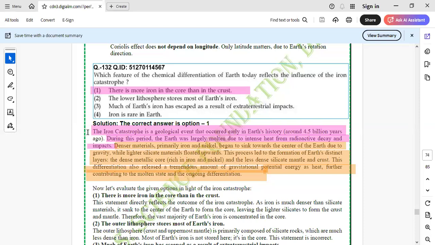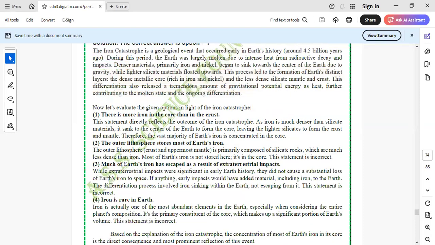So now let's talk about the other options which are given there. So first option, what it says there is, more iron in the core than in the crust. बिल्कुल सही बात है, कोर के अंदर ज्यादा आयरन है as compared to क्रस्ट। क्रस्ट में तो एल्यूमिनियम, सिलिकॉन और मैग्नीशियम है। This statement directly reflects the outcome of the iron catastrophe: as the iron is much denser than silicate material, it sank to the center of the Earth, forming the core, leaving the lighter silicates to form the crust and mantle. Therefore the vast majority of the Earth's iron is concentrated in the core because of the density. The iron was more in the core, right? ये बात आपके माइंड में होनी चाहिए कि डेंसिटी क्योंकि ज्यादा है, उसकी मैक्सिमम डेंसिटी है, that's why वो कोर के अंदर ज्यादा है आपका।